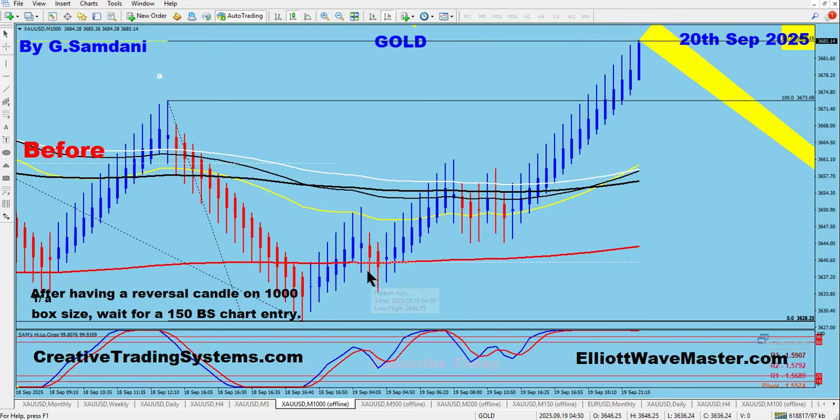Similarly, I had this red candle, and look what happened. This is a bullish reversal candle. We have a very small body, and the high is higher than the previous high. So this is a reversal candle. Now, this reversal candle starts where the other ends. The ending point of this candle was the starting point of this candle, which is at the bottom, 1990, 450. So after 450, I needed a long entry.